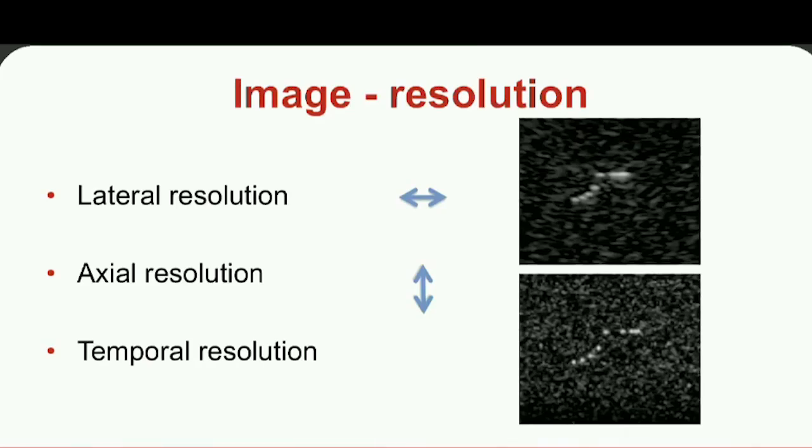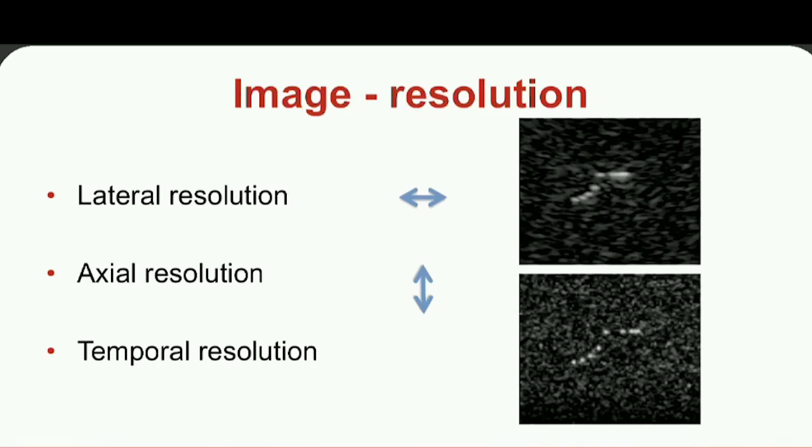The next issue is the resolution. Now, image resolution is of two types: one is called the lateral resolution, and the other the axial resolution. We also have the temporal resolution. Now, lateral resolution is when you see echoes coming from successive objects. For the echoes which are placed side to side with each other, the closest distance between the two reflectors is called